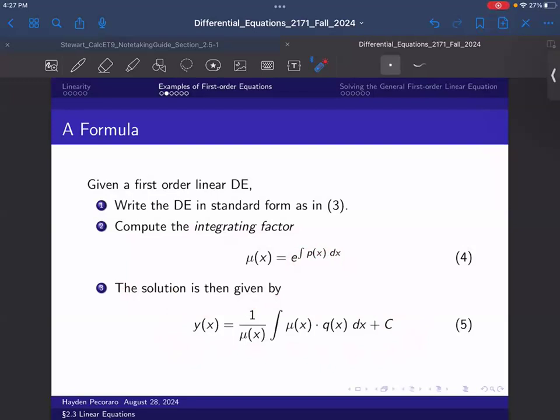And in general, as soon as you realize that a differential equation is first order linear, you want to just compute that and write this down. You don't want to have to go through the steps of deriving the integrating factor every single time, because it's tedious and you don't need to do it more than a few times. Once you know the process, you know it, and you can just start writing down solutions if you can classify